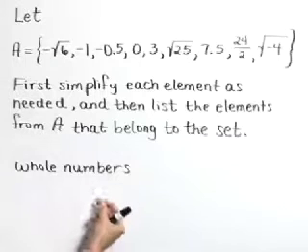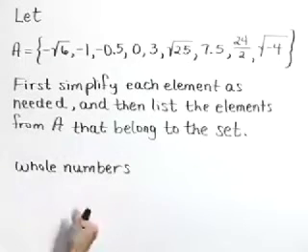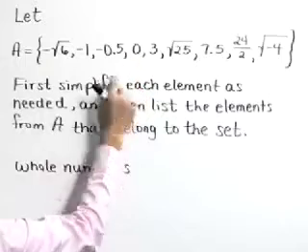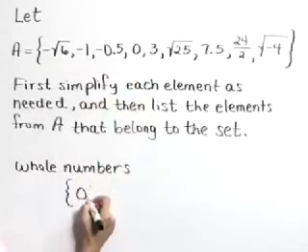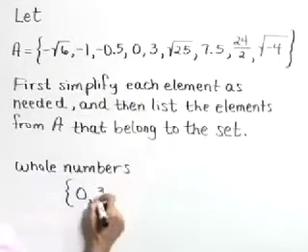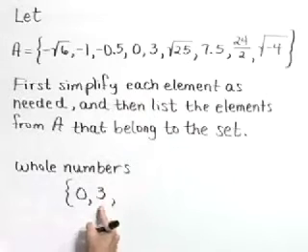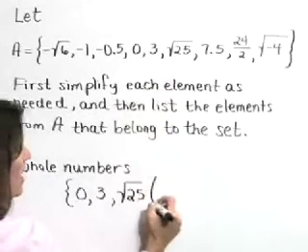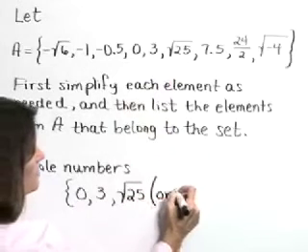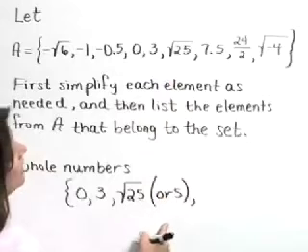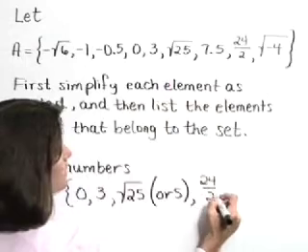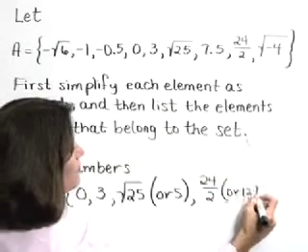It includes 0, 1, 2, 3, 4, and so on in unit jumps. So the elements from A that are whole numbers start right here with that element of 0, also the element of 3, and the element of the square root of 25, because that is the number 5. Also, the element 24 halves, because that is the number 12.